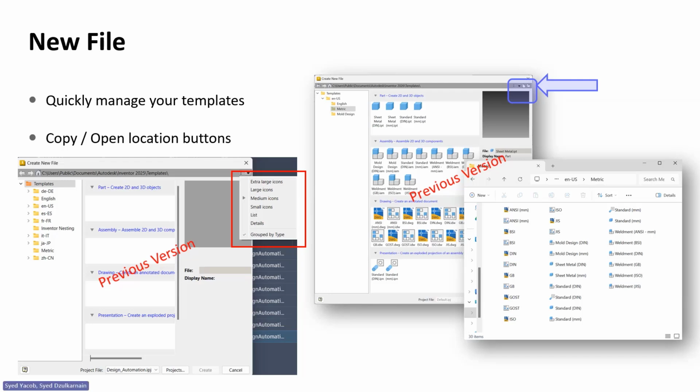Okay, so come back to the new file update. So this is basically just an update in the interface. Previously, whenever we wanted to create our own templates or copy and paste our customized template, we had to go through application options to locate the root folder for all these template files and paste it there. But now what we can do is, from the create new file, we can just click